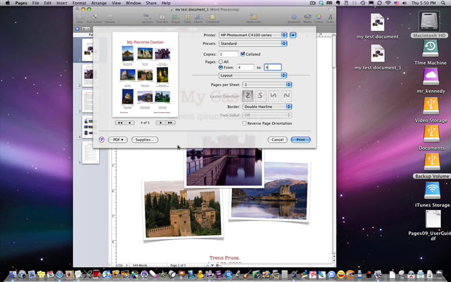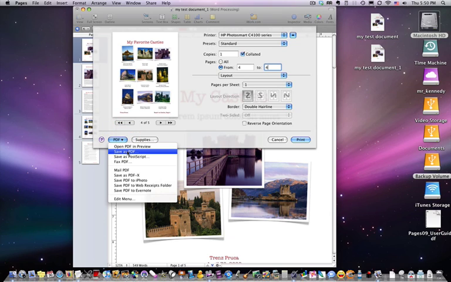And down here is an option that a lot of teachers kind of miss. And it's very powerful. Save as PDF. So we could save this document. Anything you can print, you can save as a PDF. We can open it as a PDF in Preview. Open it as PostScript, and that has to do with emailing and printing on older printers. We can fax it as a PDF, mail it as a PDF, and of course we could save it to